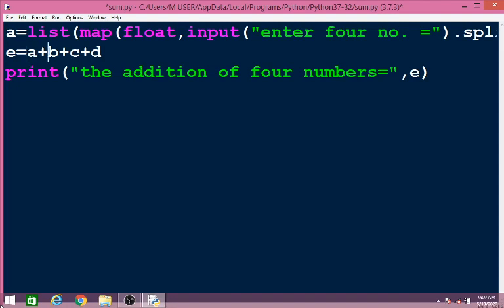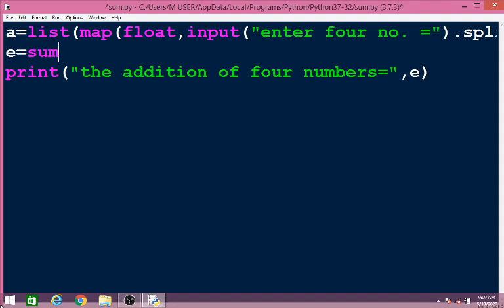Now if you want to add all the inputs given by the user, then you have to use a sum function. The use of this sum function is that it adds all the inputs given by the user.